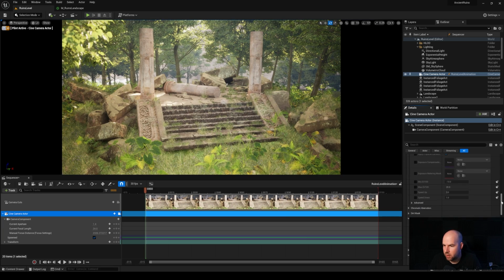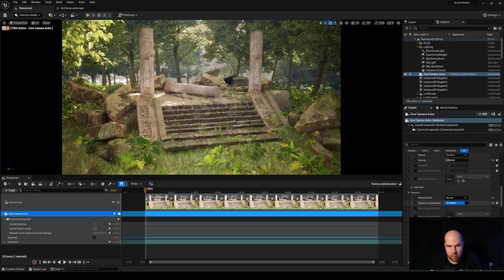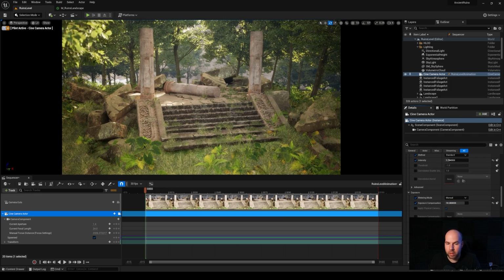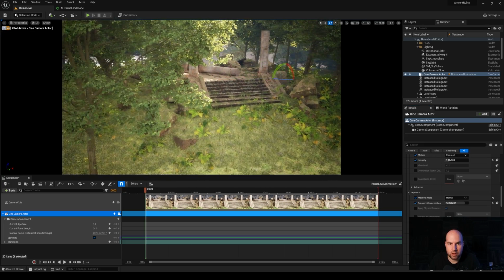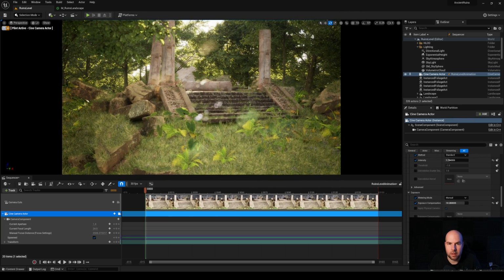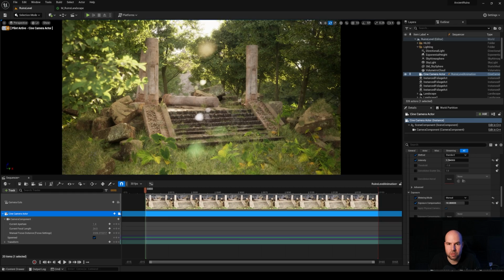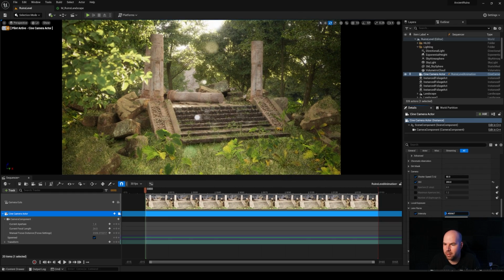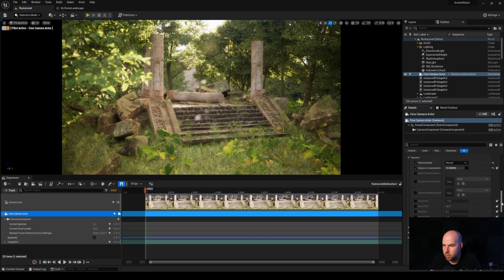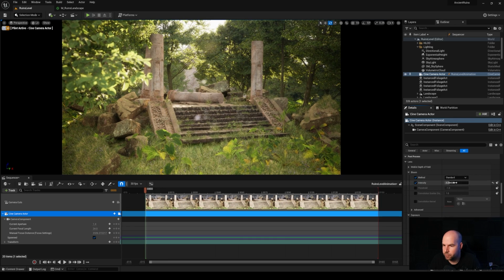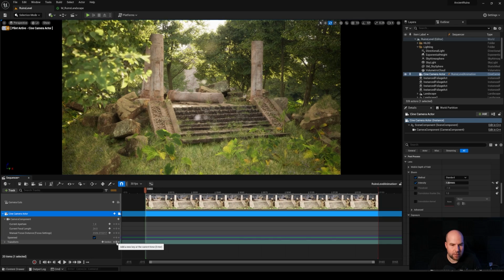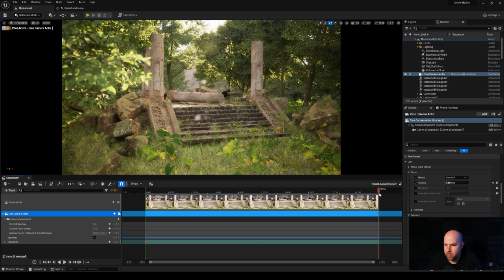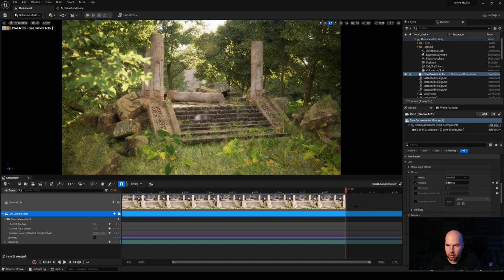So basically, let me just reduce this a little bit like this, and now we can animate this very easily. So as I said before, the pilot is active, so we can just move with the camera around. I think the lens flares are now maybe too strong. Yeah, probably too strong, and maybe the bloom as well. And now we are able to add the transform keyframe on the frame one here, and just move all the way right there. And maybe we'll need some more